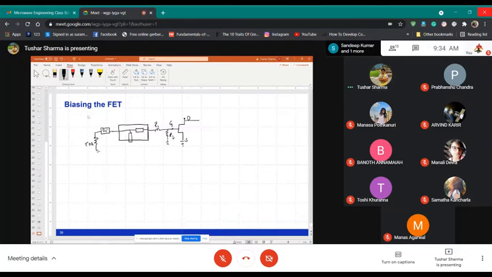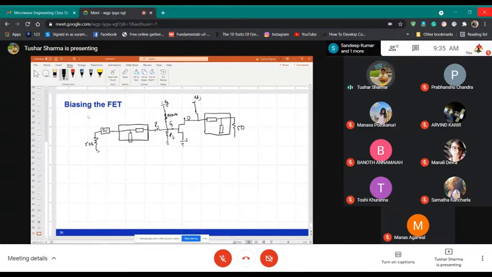At the drain, same story. You have a transmission line and a stub. This is your output match, connected to 50 ohms. And of course, from here you also have a feed, which is called RF choke or RF feed. And then you are connecting it to the voltage, like VGS. And similarly, here you have this RF choke and you are connecting it to VDS.